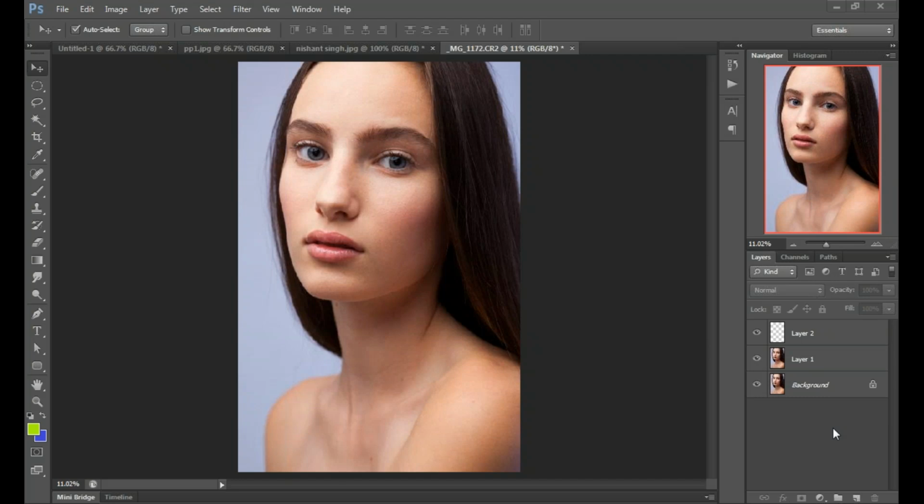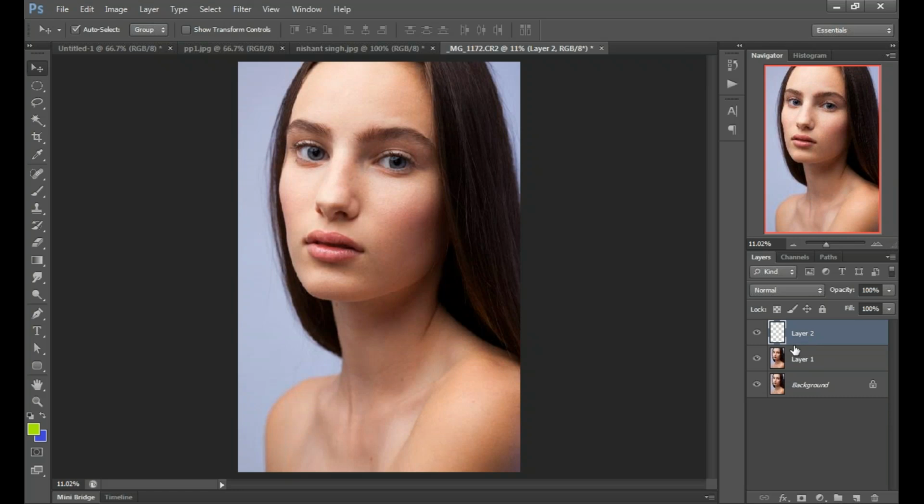Any other questions? Anyone else regarding removing spots? Layer 1, right? There is no need to make layer 2, right? Why did we make layer 2 actually?